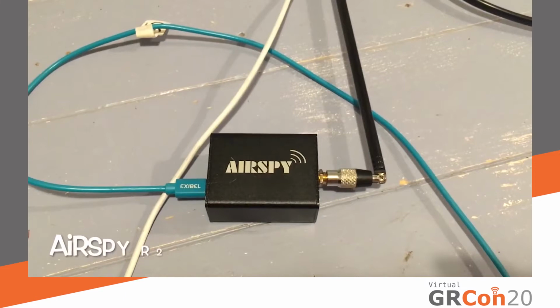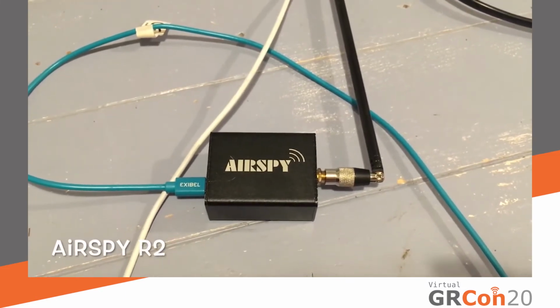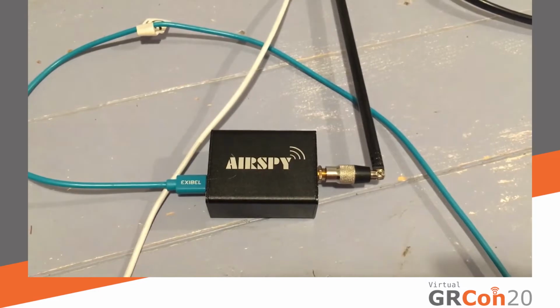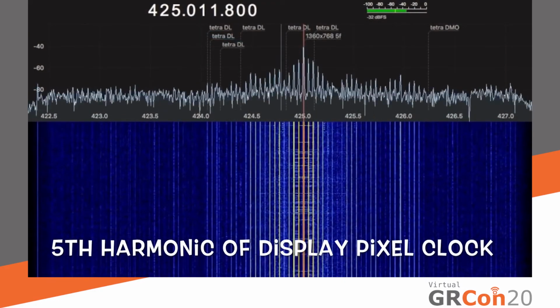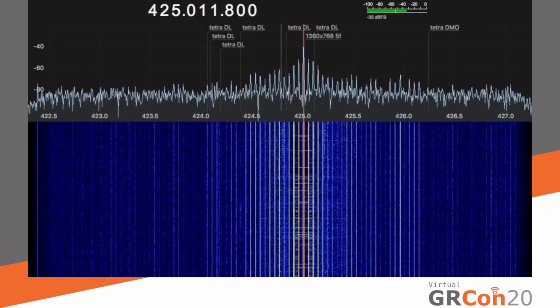But I noticed that the center frequency of the interference happened to be an integer multiple of the pixel clock of this display mode. So I kept trying the other multiples at other frequencies, and indeed I found some frequencies with video signals. I came home and I tested this with my own monitor at home. And here's my test setup. AirSpy R2. I use a small whip antenna, or the telescopic antenna of the R2.